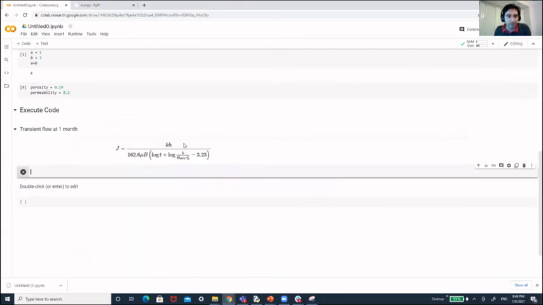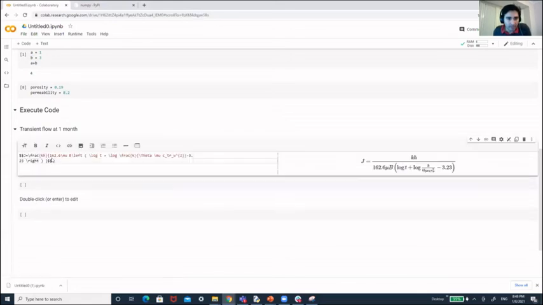There you go. What I'm doing here is a fraction: kh is the numerator, and in the denominator I'm setting up the rest of the equation.